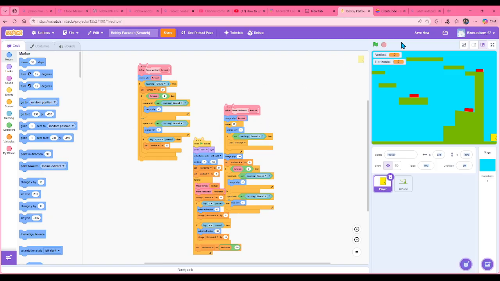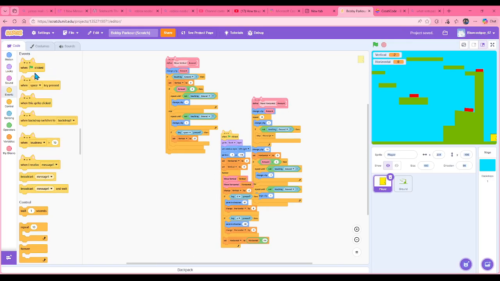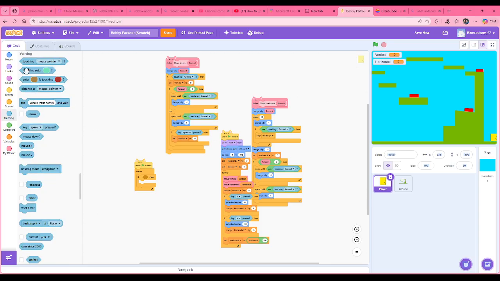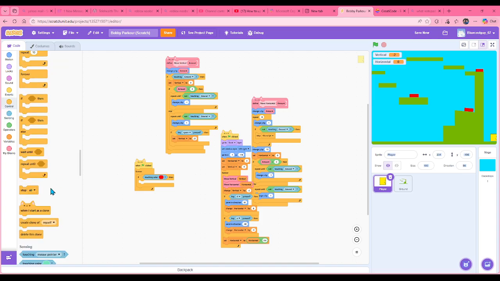But basically, now, what you want to do is add a when flag clicked, forever. If then, if touching color, then it will stop all. So now, if you touch this color,